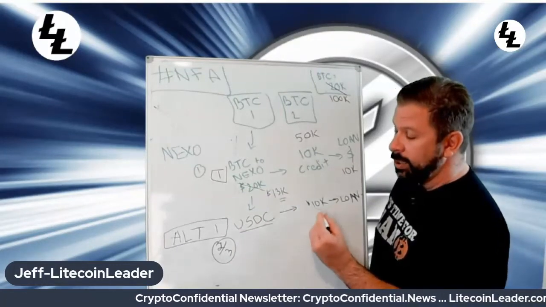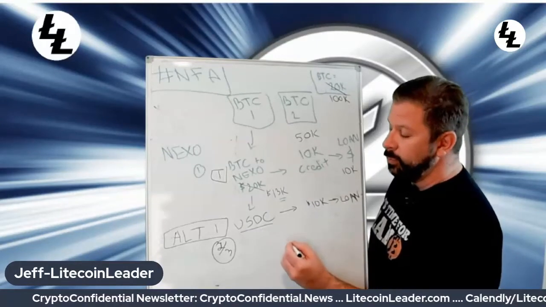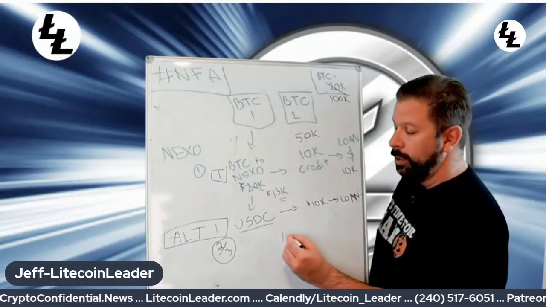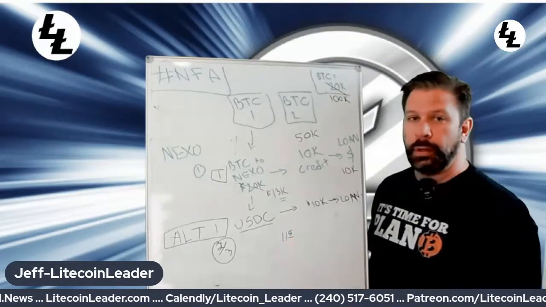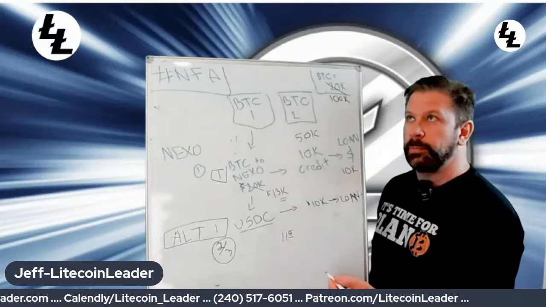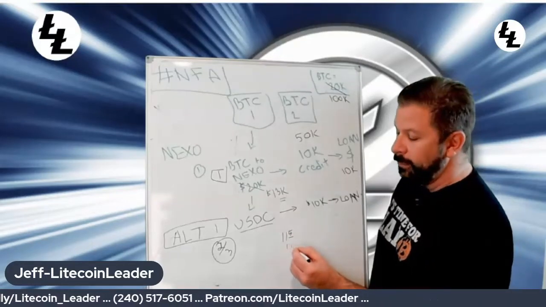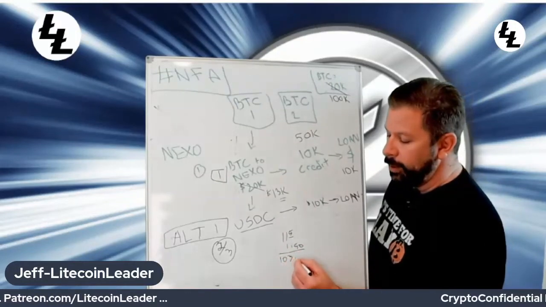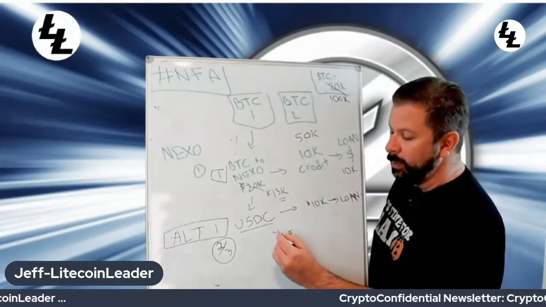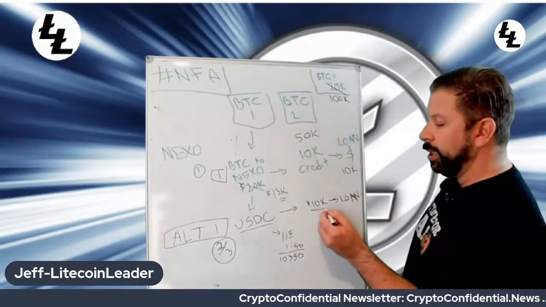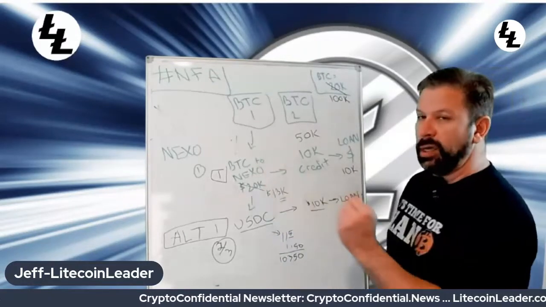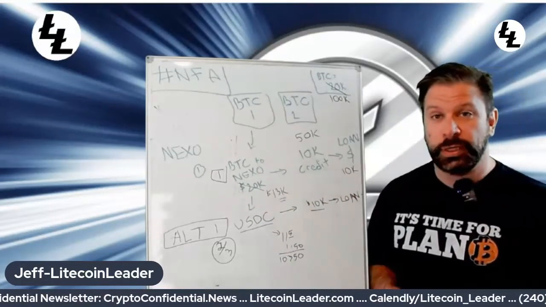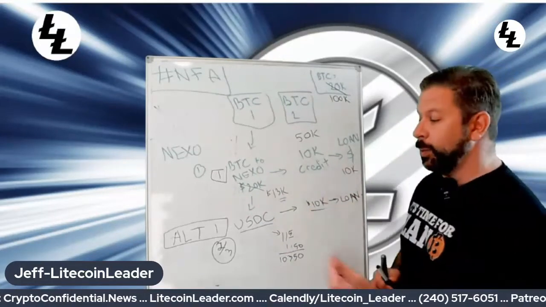So with a 10K loan for USDC, you really only need about 11 and change. Let's say 11.5, right? Because 10% of that is 1,150. Subtract that and you get 10,350. So you can see with 11.5K worth of USDC, you can borrow 10K versus putting 20K of Bitcoin at risk where it could go down. And if it gets cut in half again, you have another issue where you have to add more Bitcoin. That won't happen if you do it with